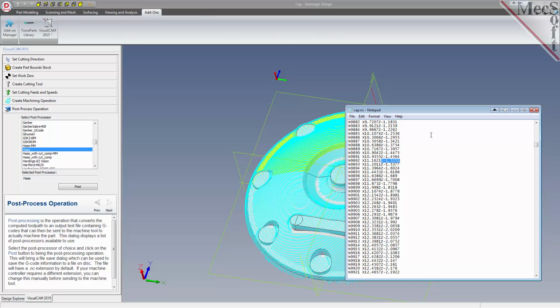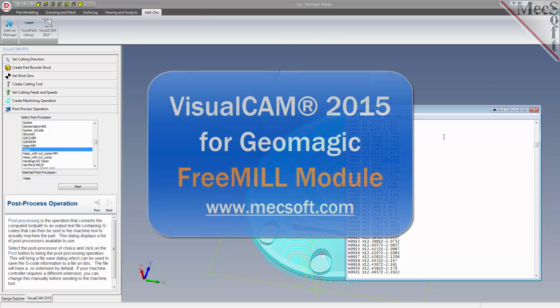This completes our demonstration of FreeMILL, the cost-free milling plugin included in VisualCAM 2015 for Geomagic Design, brought to you by MecSoft. For further assistance, you can visit the online help supplied with the program or visit